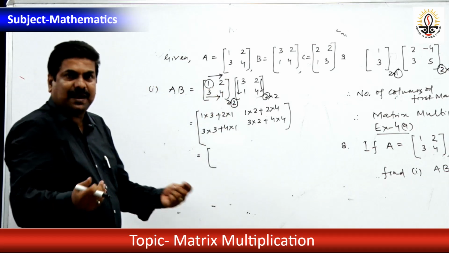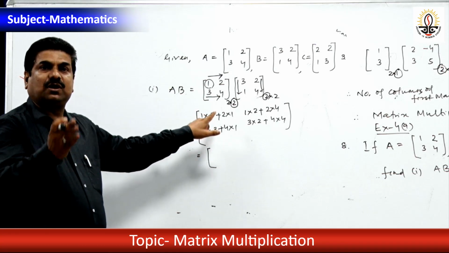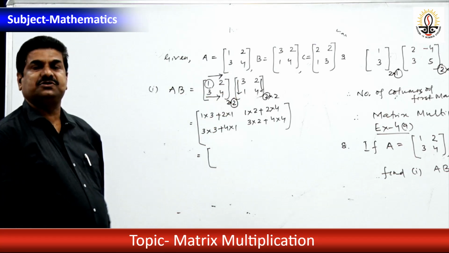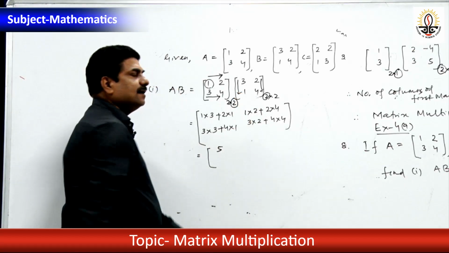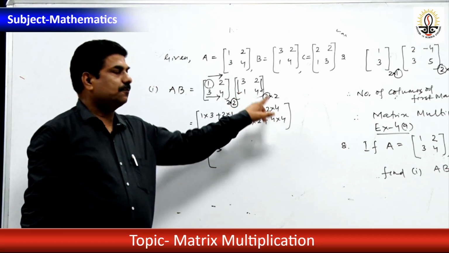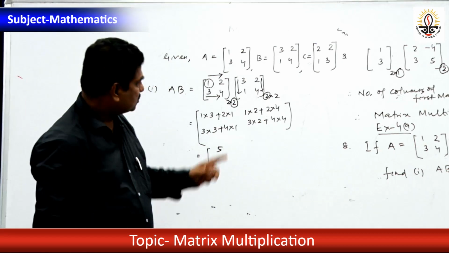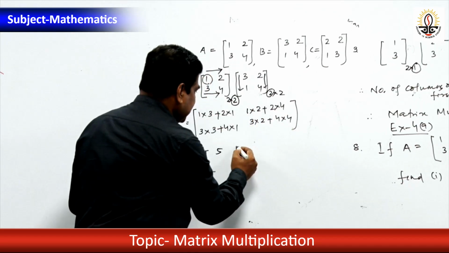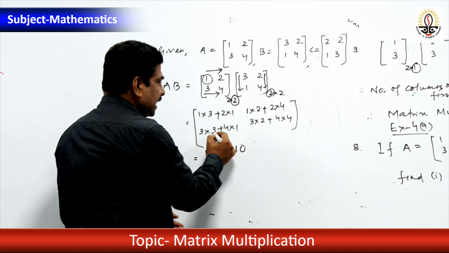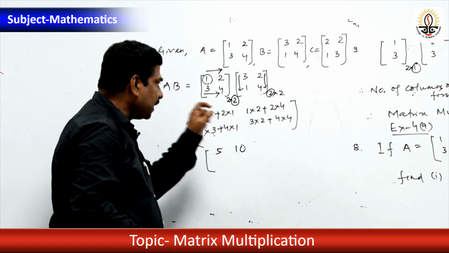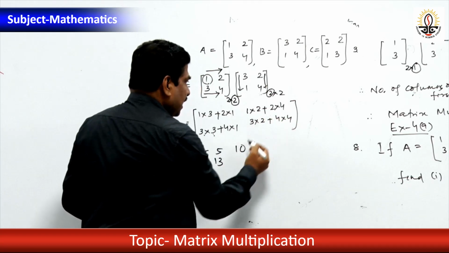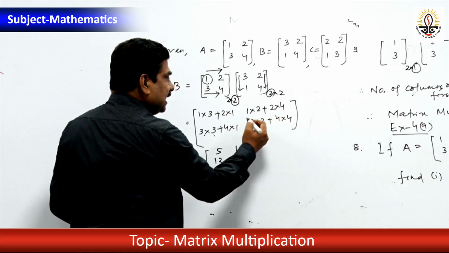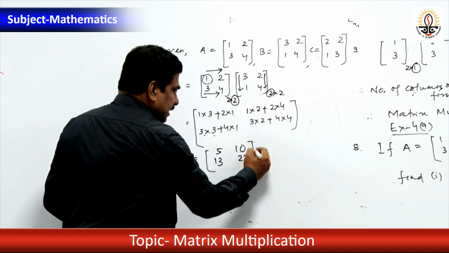Next, 3 into 2 plus 4 into 4. 1 into 3 is equal to 3 plus 2 into 1 is 2, so 3 plus 2 is equal to 5. In the second case, here you see 2, and 2 into 4 is 8, so you can write this as 2 plus 8 is 10. Here you see 3 into 3 is 9 plus 4, this one is 13. 3 into 2 is 6 plus 16, 16 plus 6 is equal to